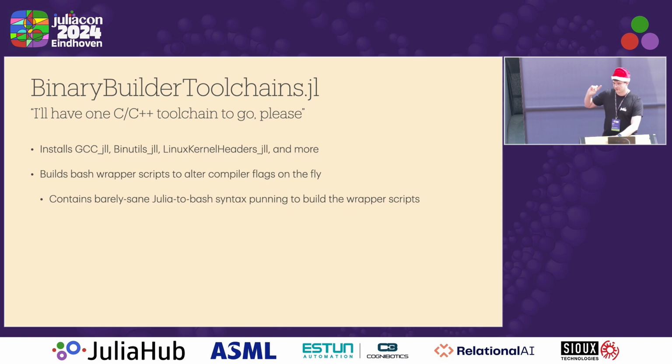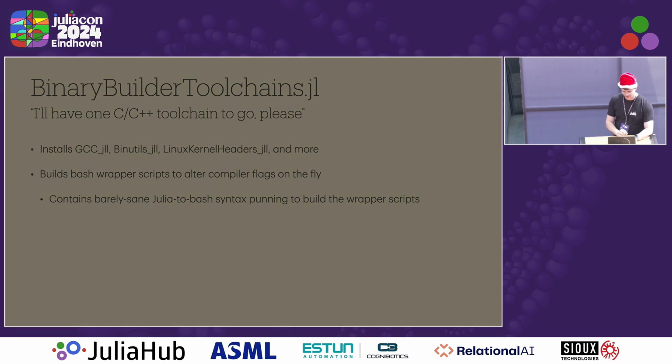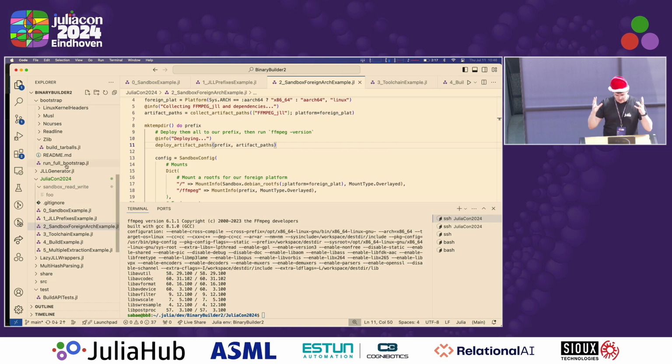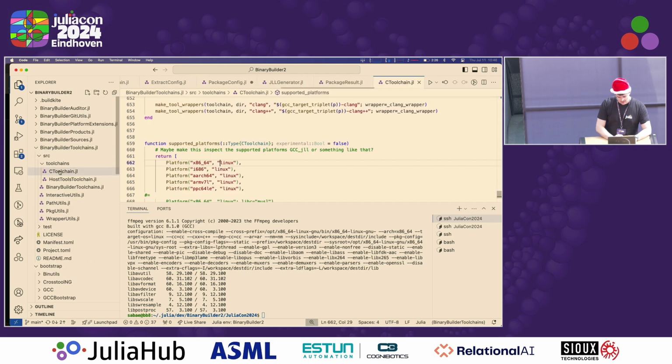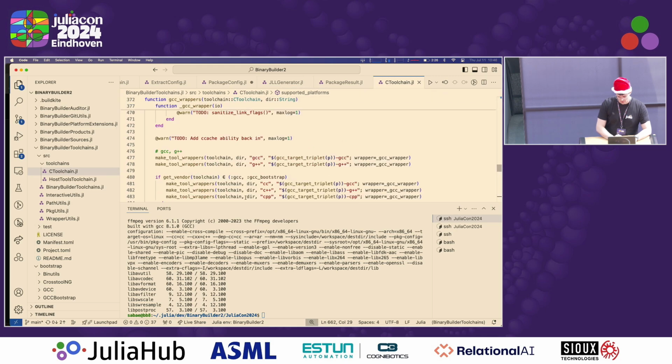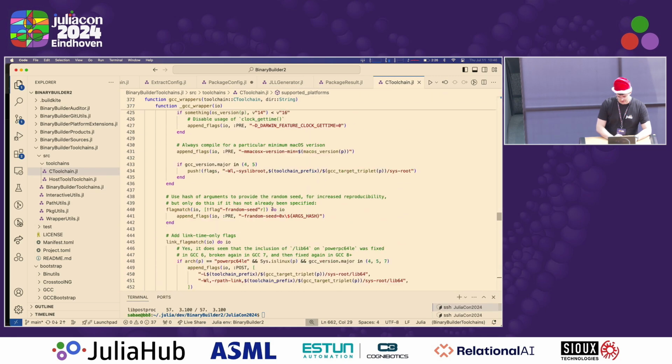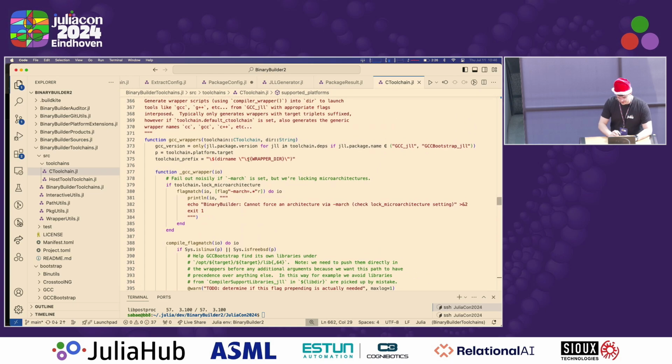There are some really interesting technical choices made here, such as Julia code that creates bash scripts, but the structure of the Julia code mimics the structure of the bash scripts. What I mean by that, I'm just going to show you, just so you can feel the insanity of what has to be done here. In the C toolchain here, we have these wrappers that we build for things like GCC. And so here we say, OK, here's the function that's creating a wrapper for GCC, and it's writing the wrapper out to I/O as it goes.